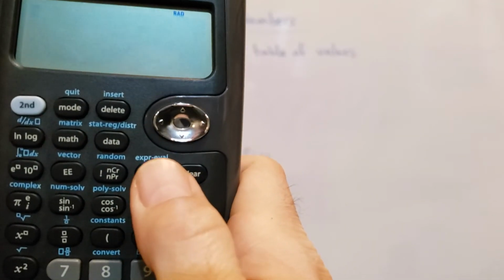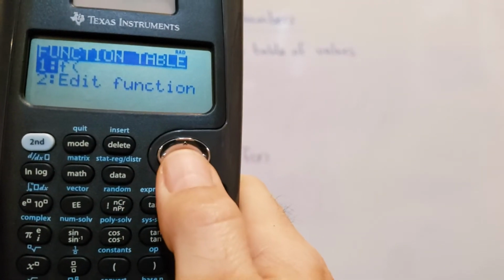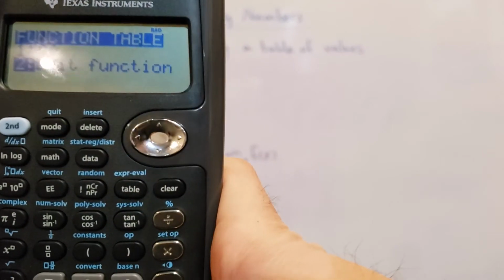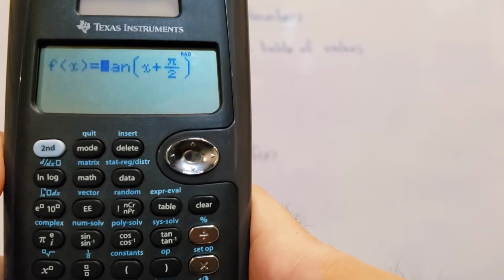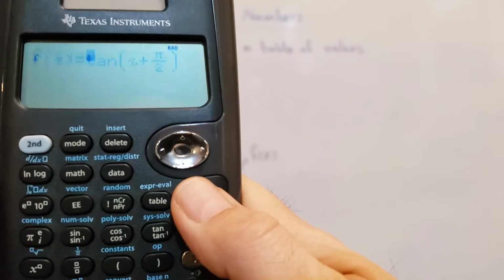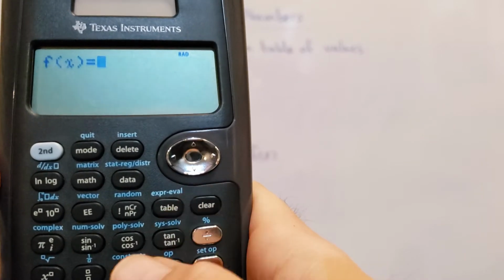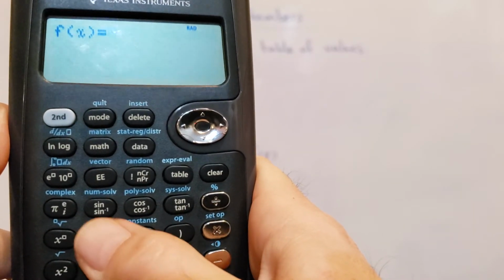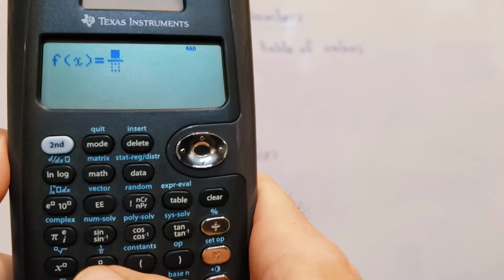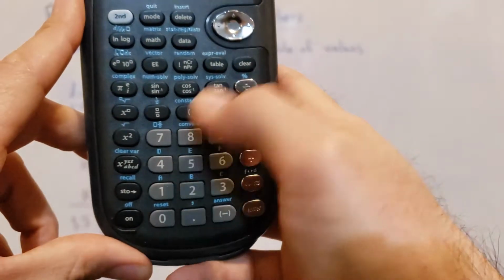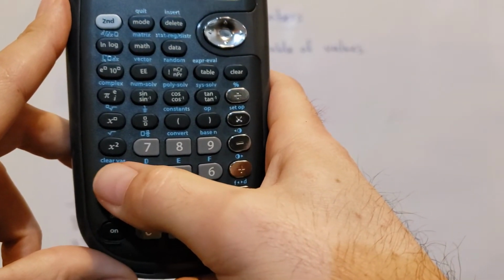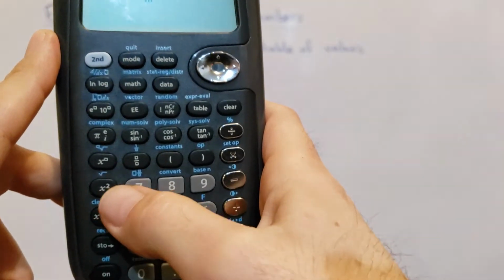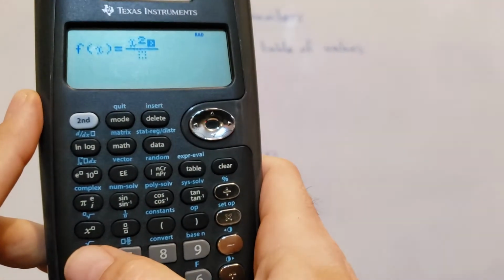There we go. I'm going to hit the table button, and I need to edit a function. So I'm going to hit the down arrow, enter on edit the function, and I'll clear this function out. And I need to type a fraction. So I'll hit my fraction template here, right? And now I need to type my numerator. Well, I have an X button right here. So I'll hit X, and then I need to square it. So I'll hit the square button,